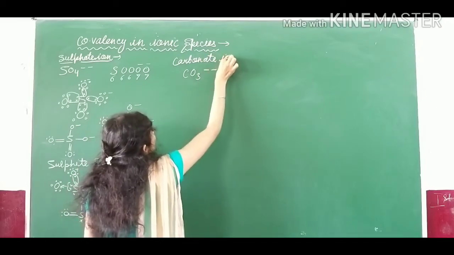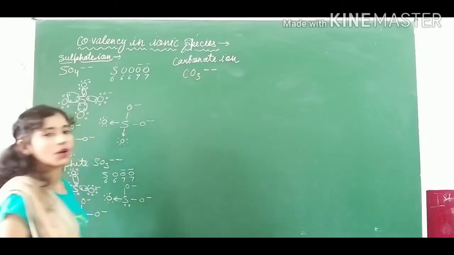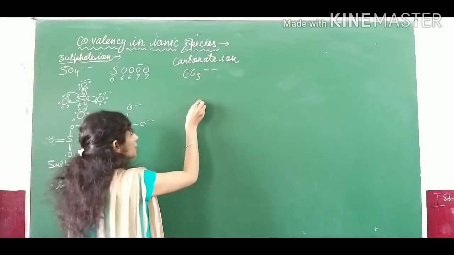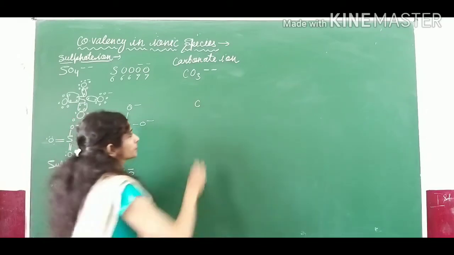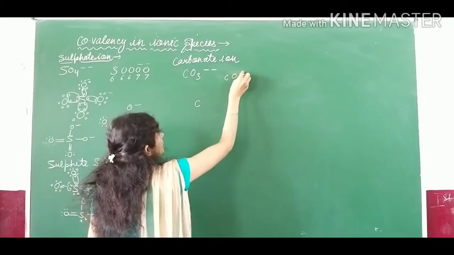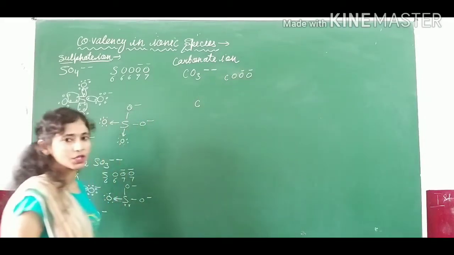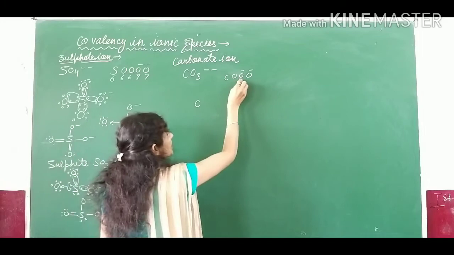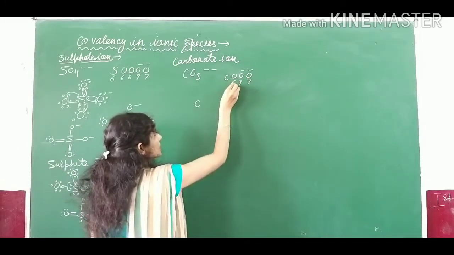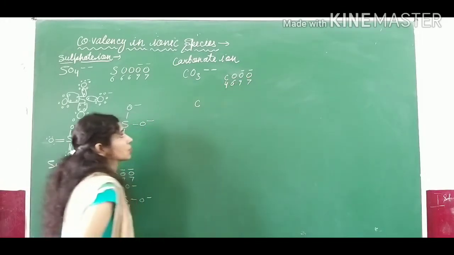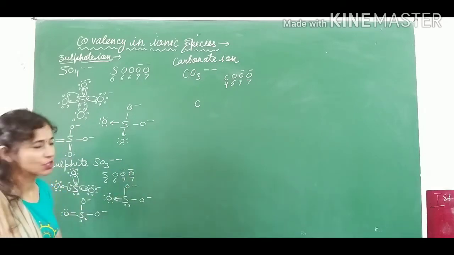Carbonate ion. So in the case of carbonate ion, what you have to do? You have to write the carbon and 3 oxygens. 2 negative charges are to be there, so that is to be mentioned in this way. Now that means they will be having 7 electrons. This is having 6 and this is having 4 electrons. Here I have mentioned the valence electron